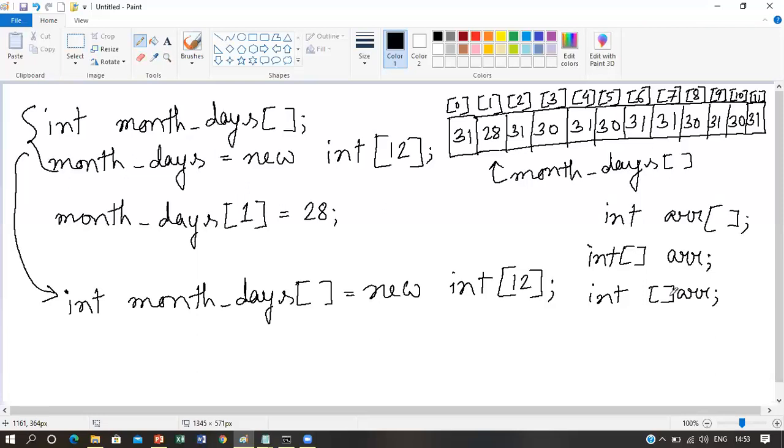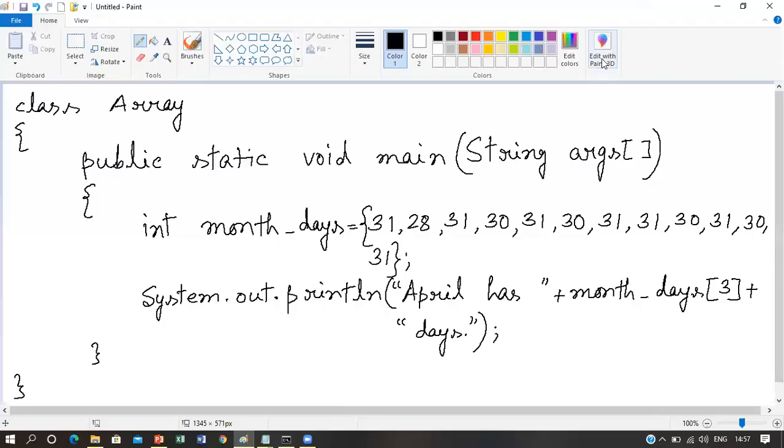So let's take an example to store the same count of the number of days of each month, and let's see how this program can work using a different approach from the one I just told. This is the program that we are talking about, where we can see that this is the array variable.